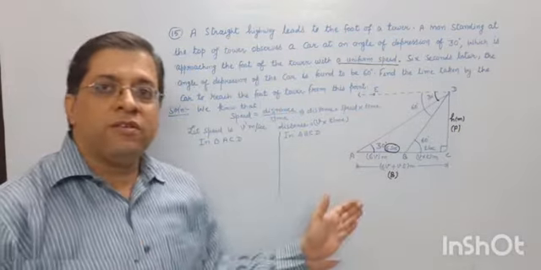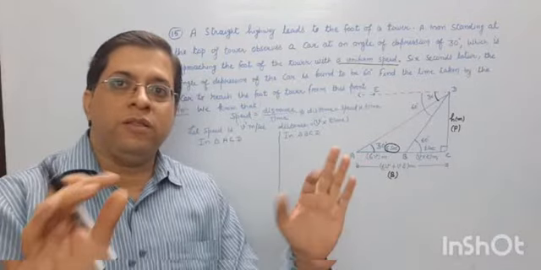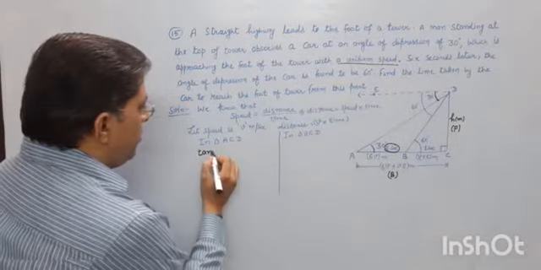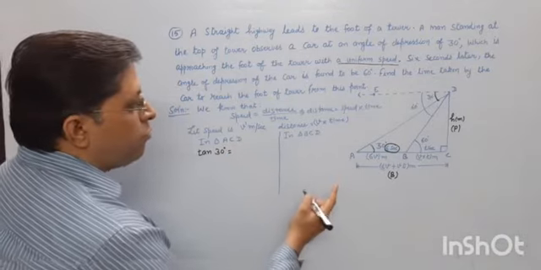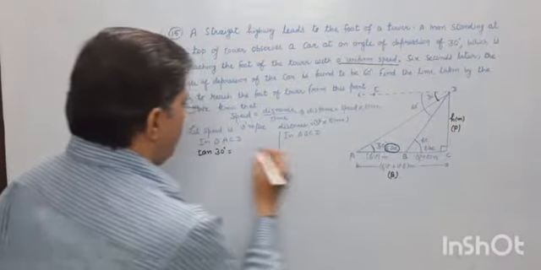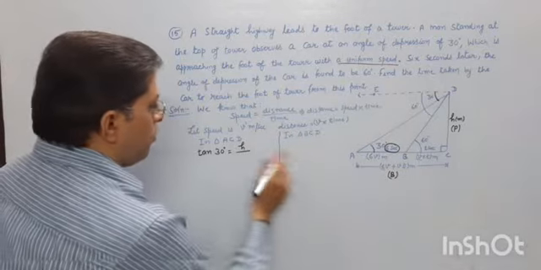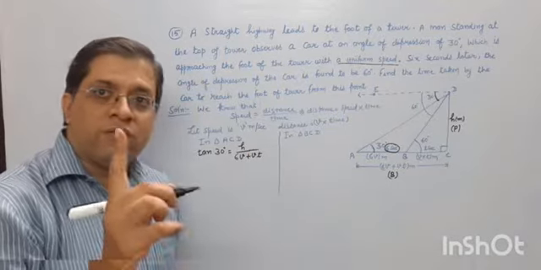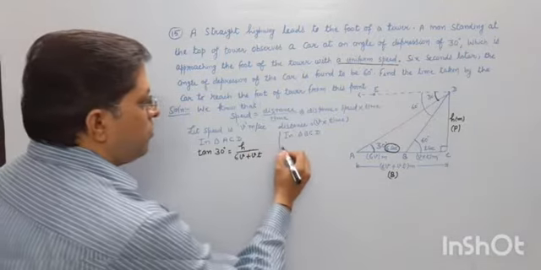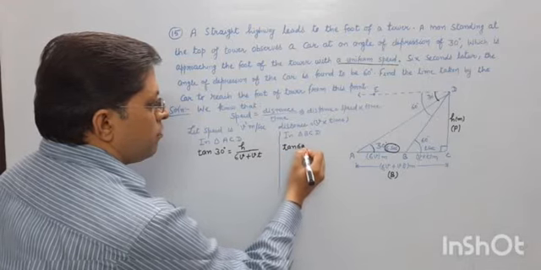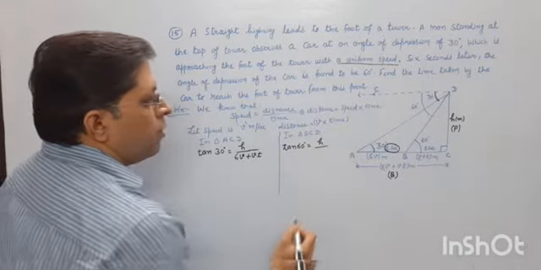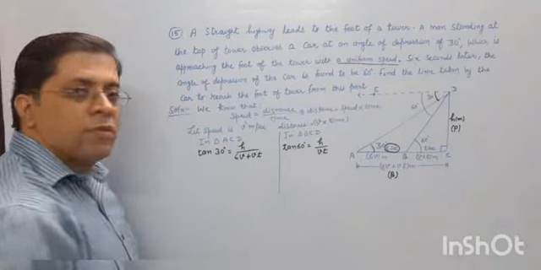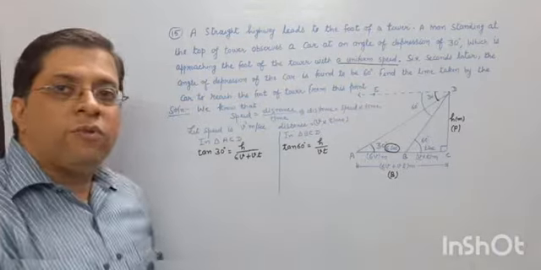Perpendicular and base are given to you, it means we have to put the value of tan theta. So tan theta, here theta is what? 30 degree. Perpendicular is what? Perpendicular H. And base is what? 6V plus VT. First thing is this. Second, tan 60 degree. Perpendicular H, and base is VT. Clear?